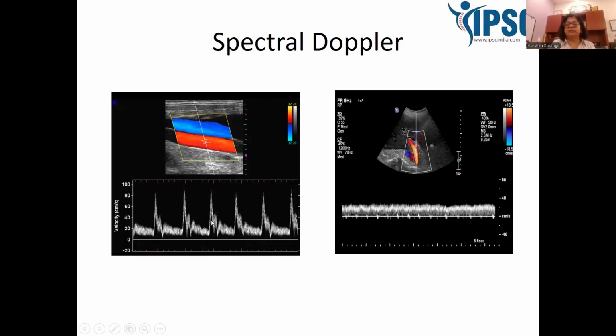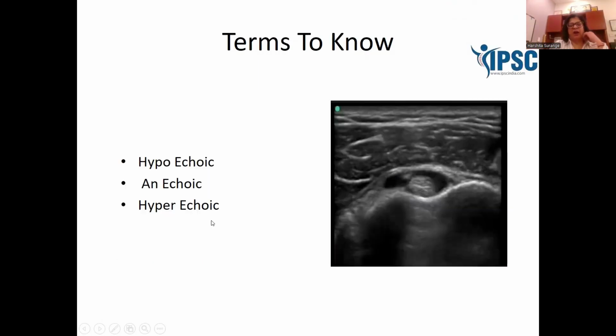So here, that's another thing which we all need to understand: if at all we are in a dilemma whether we are dealing with an artery or a vein, and there is an aberrant vessel or something, then we should always put in the spectral Doppler traces and see whether we are dealing with the artery or the vein, because that's the most sensitive and specific way of determining whether we are dealing with an artery or vein.